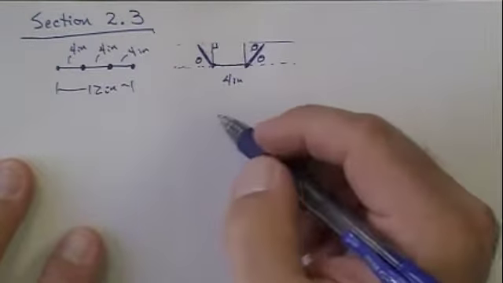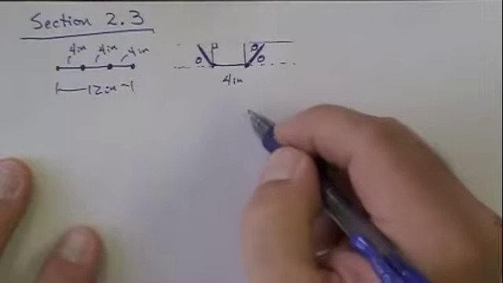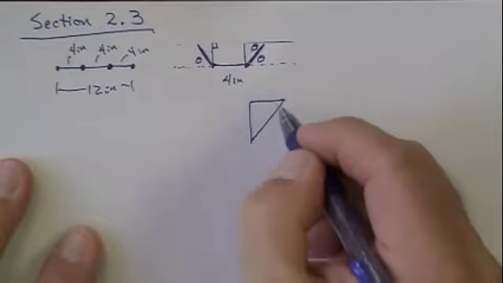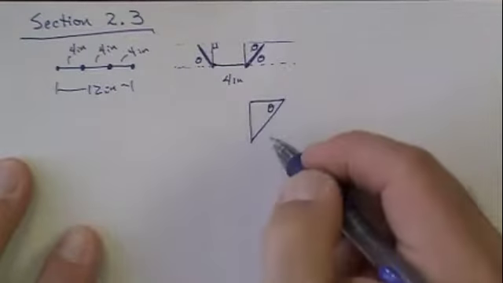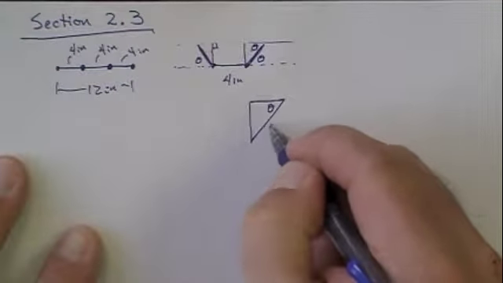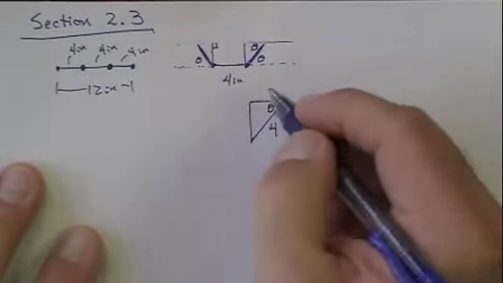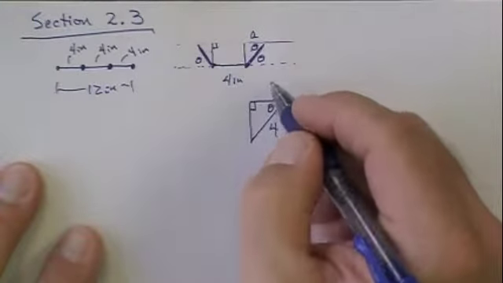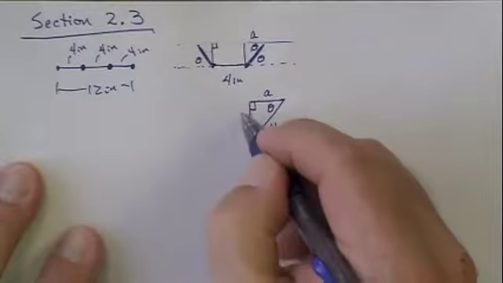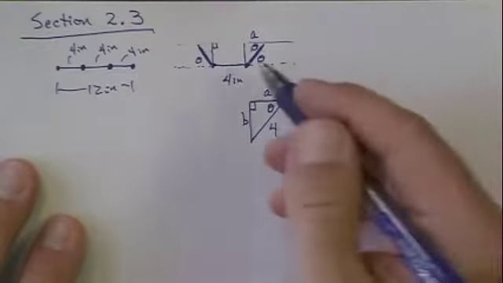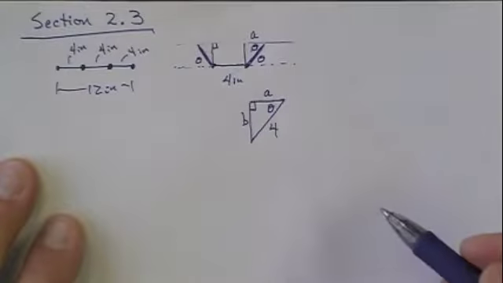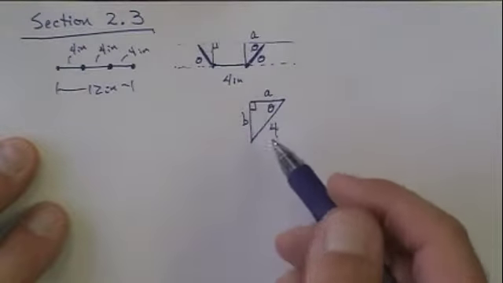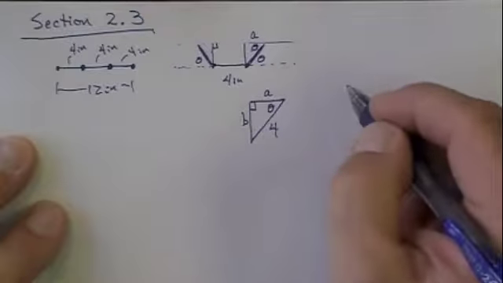All right, and if we're going to zoom in on that, let's say we have our triangle. Here is theta, and then this is 4. Let's say we're going to call this side up here A, and then this side is B. All right, so that's just the triangle piece. And then as far as finding the area of the triangle,